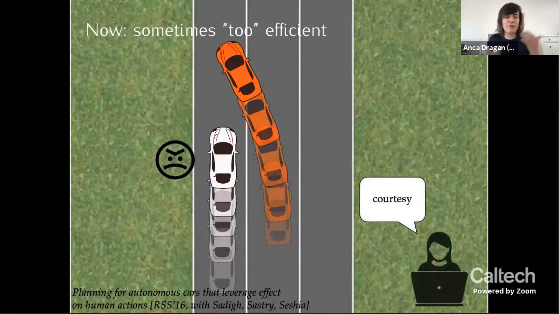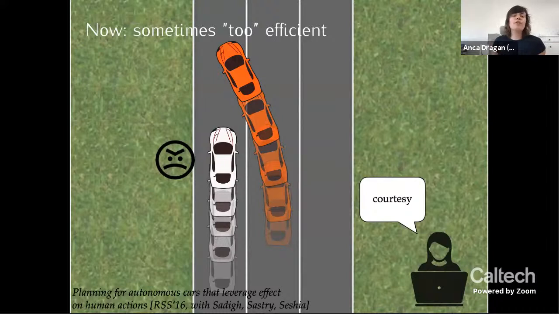And so that's an issue for the person who's being cut off. We want cars to do this when you can sort of decelerate a little bit and it's not a big problem for you and it's a big gain for the car. But if it's a little gain for the car and a lot of struggle for you, a lot of inconvenience for you, that's not acceptable. We don't want our cars to be jerks, basically.